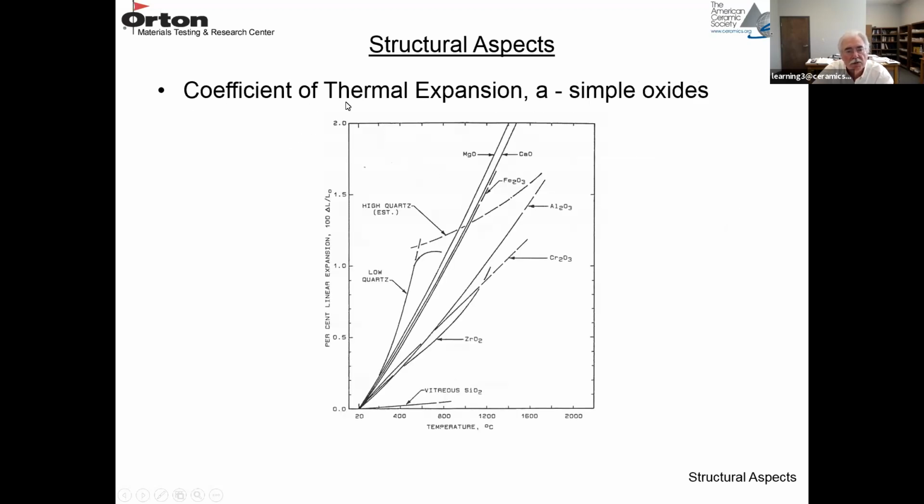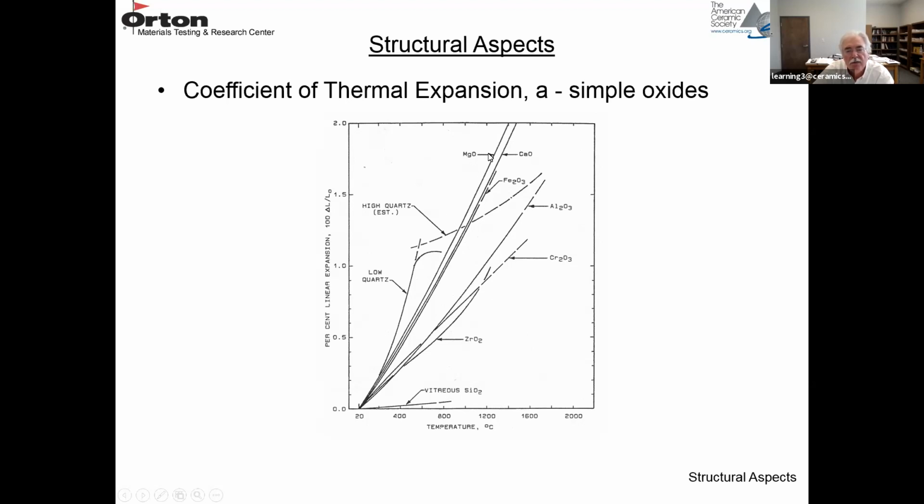And we showed some thermal expansion behavior for different materials 2 days ago. So this is for simple oxides, and this goes from 0 to 2% linear expansion from about room temperature to 2,000 degrees C. Here is vitreous silica or fused silica. You can see how low it is,